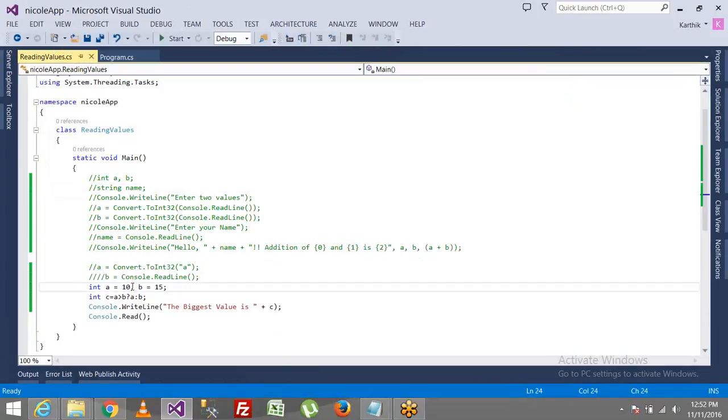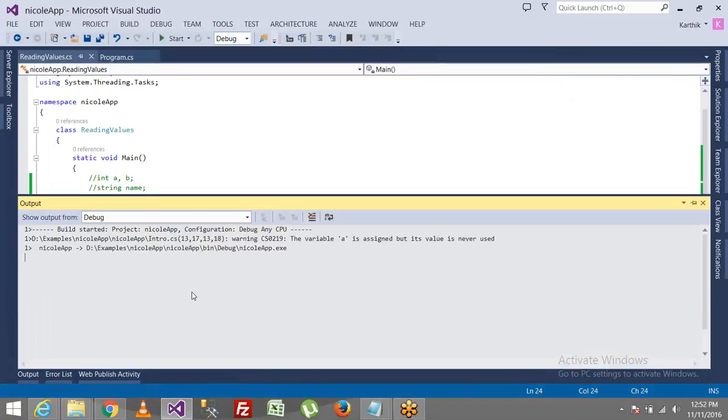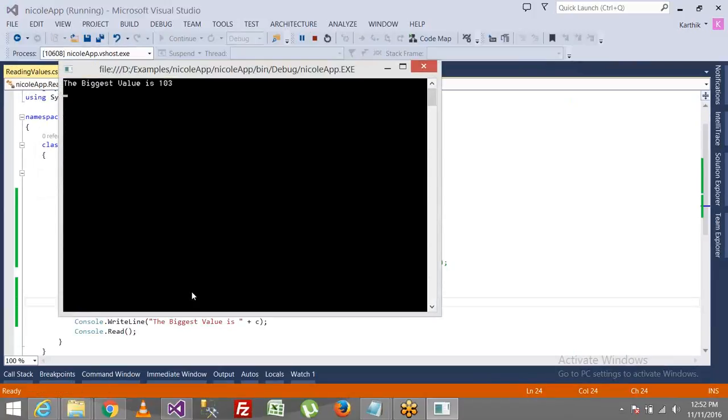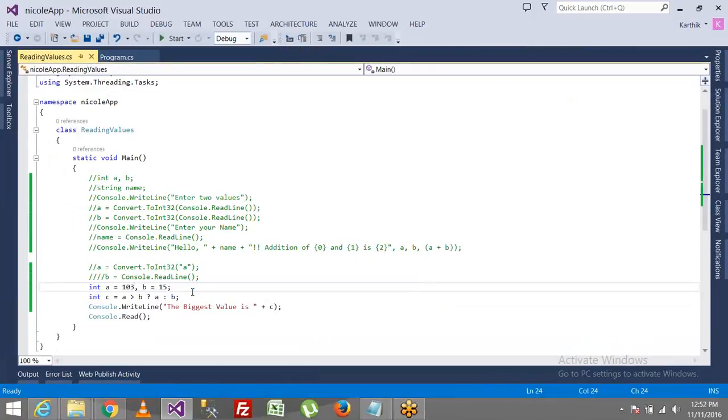Suppose here if you are changing this one to some other 100 and making this one as 103, now it will give you biggest value is 103. Understood? This is nothing but